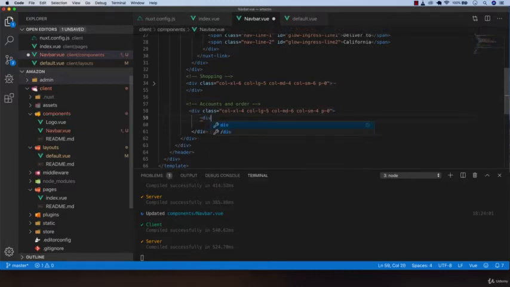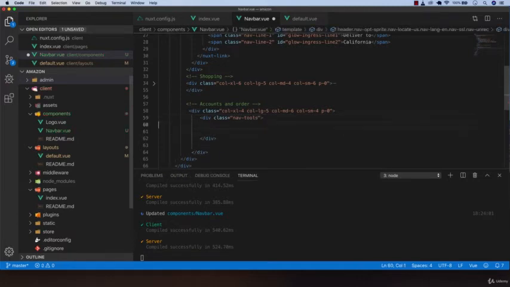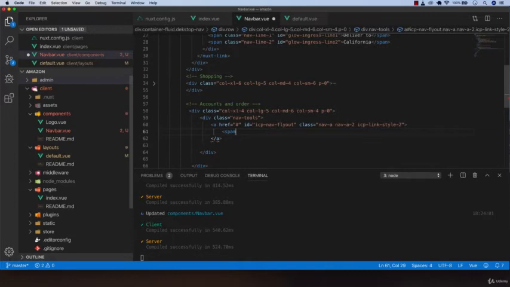And now add div class tools, nav tools, and then a href, which will be ID ICP nav fly out, class nav a, nav a2, and then ICP ling style 2, and then span will be